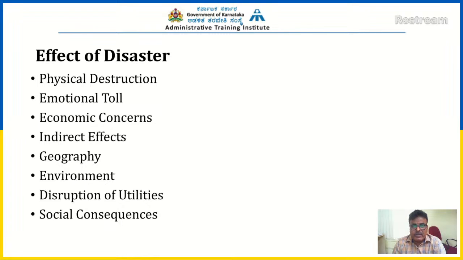As you see in the Bhuj earthquake or Latur earthquake in India, or recent earthquakes across the globe, in Egypt and other countries, Italy. Many countries have faced major disasters. Pakistan, China, even flooding, Kerala flooding, Karnataka flooding. Every disaster carries with it huge physical destruction, huge loss of life, and huge damage to properties, infrastructure, etc. That is what is known as physical destruction.